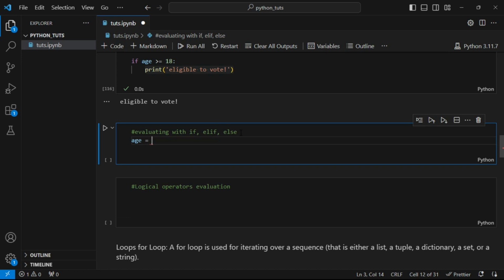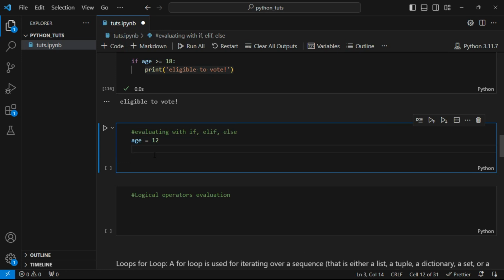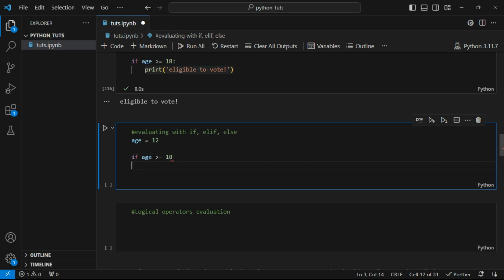So age is equal to, let's say, 12. All right, so if age is greater than or equal to 18, we want to print